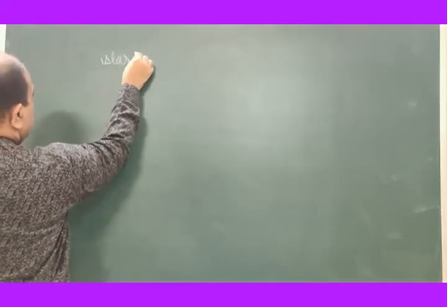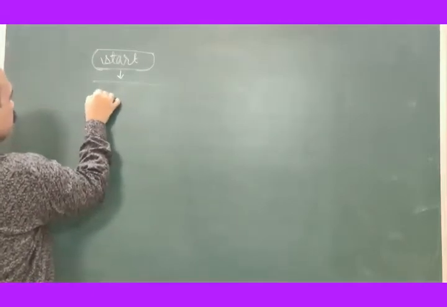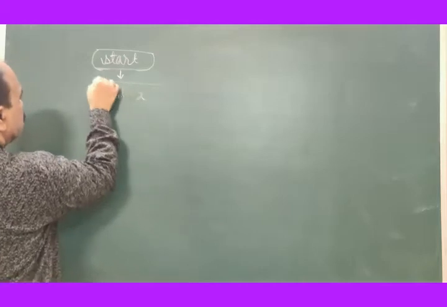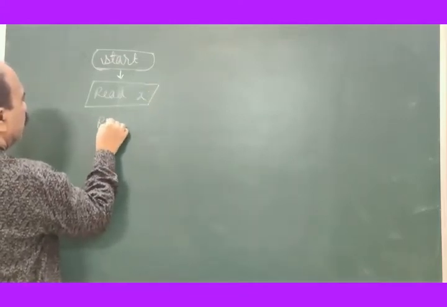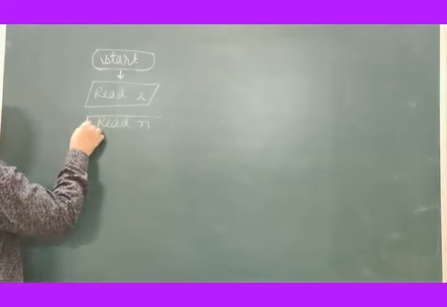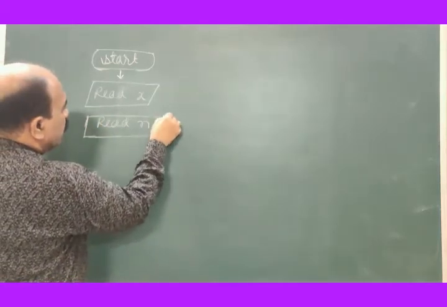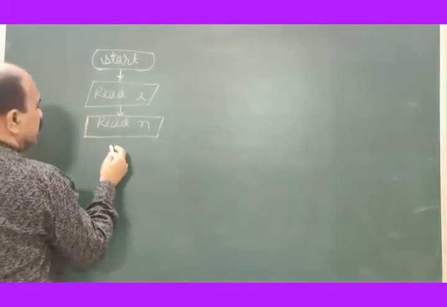First thing we do is start. Then input, read x, the argument, read n, the number of terms you wanted to have to get sin x, then declare a counter,